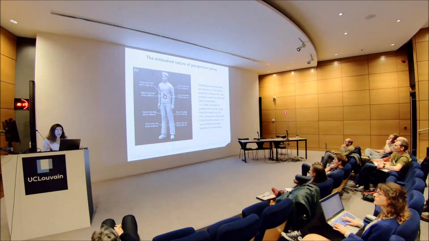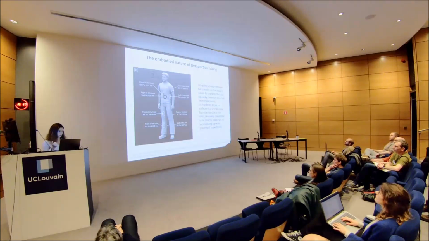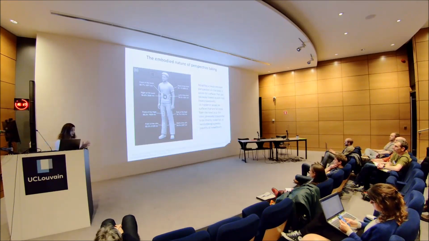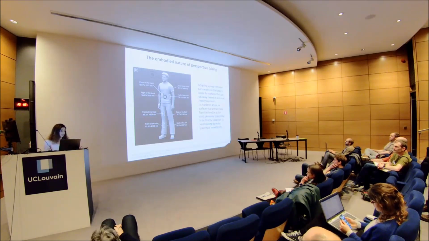Because now we know that it's likely that the adopted perspective is natural, and the subsequent question is: is it an embodied process? So here, the participants were specifically required to adopt a head-centered perspective. And they were presented with the same ambiguous letters VDP and Q on 8 different bodily locations. So the back and front of the trunk, the right and left of the trunk, front and back of the thigh, and front and back of the shin. So the letters VDPQ, and here we measured their reaction times.